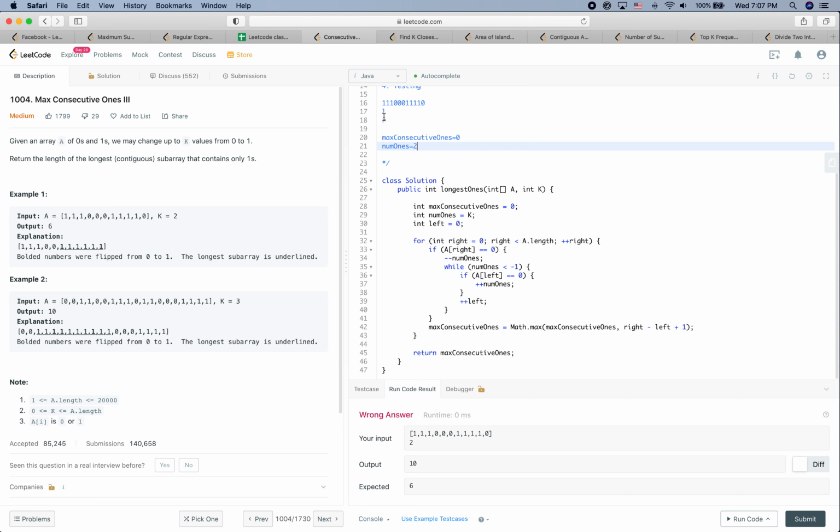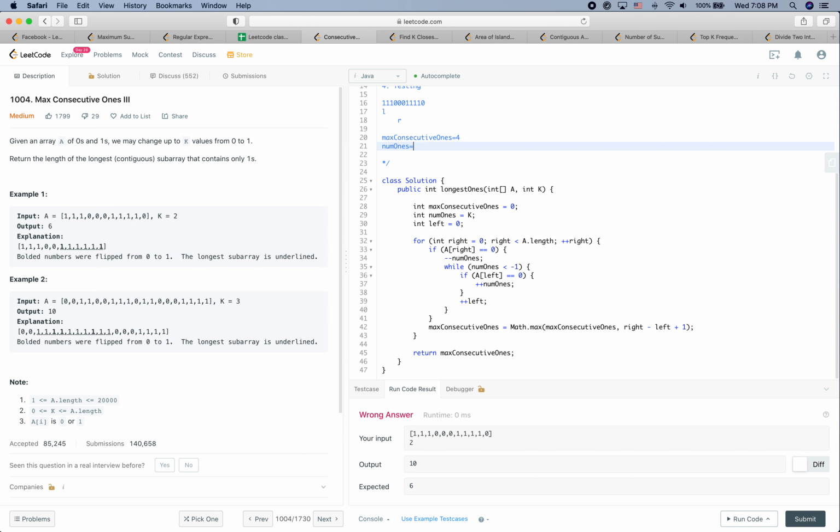So first of all, right is not equal to 0, so we are going to update the max consecutive ones as 1, and we keep moving. Now it's 2, and then we keep moving. Now it's 3, and after here we minus the num ones, so now it's equal to 1, and then we set this as 4,